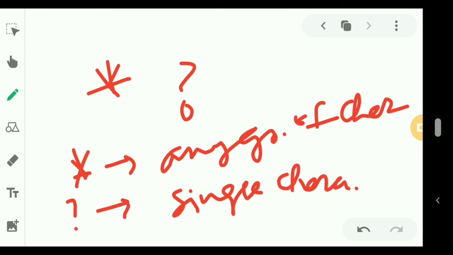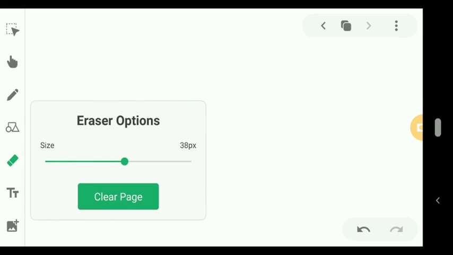Let me give you an example. Suppose in DOS you want to find all the files which have the doc extension. How to find that?